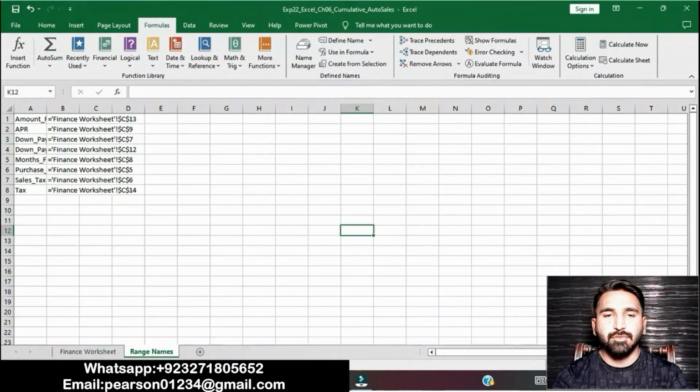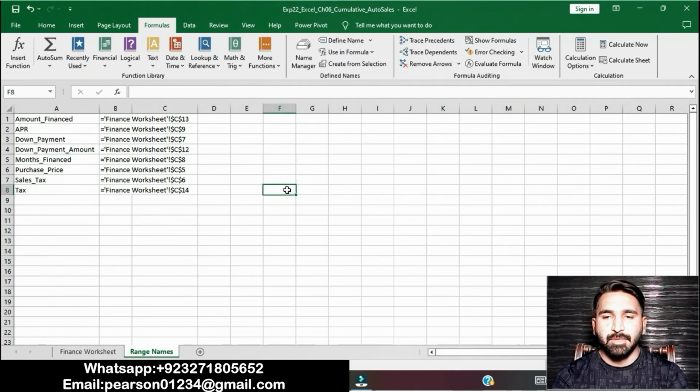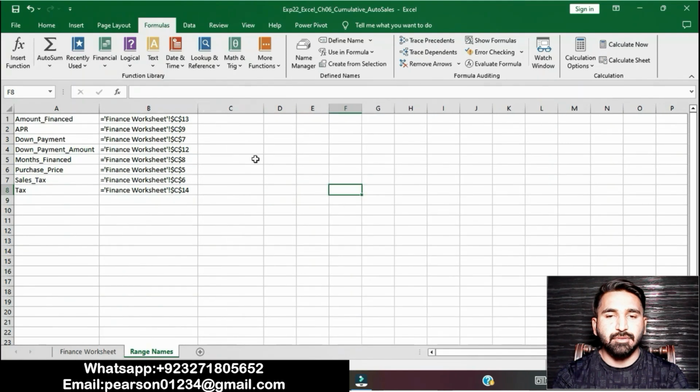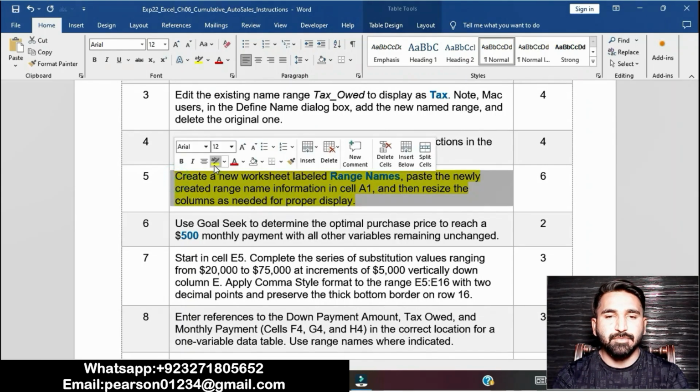Okay, we will go to the Excel workbook, double click on column A. Okay, we will increase this column width. Okay, you can see the proper display here. Column B, increase width. It will show proper display. Now I have done this step. This step is completed now. Step number 5 is completed. Now moving to the next step.